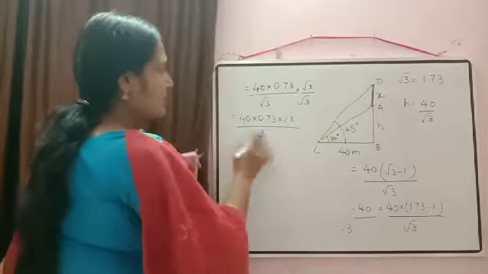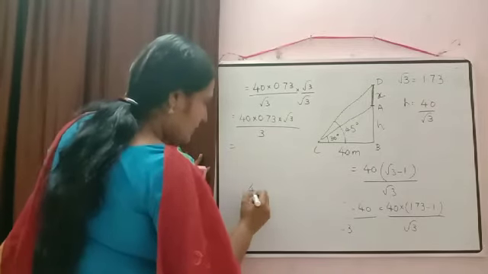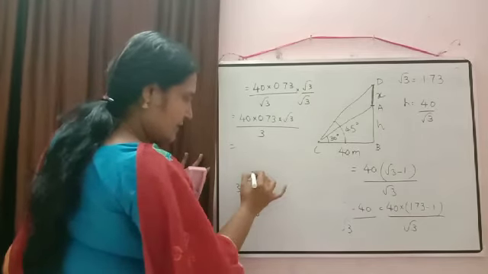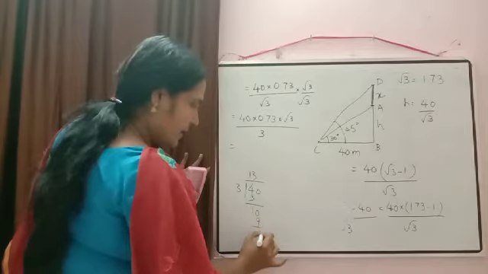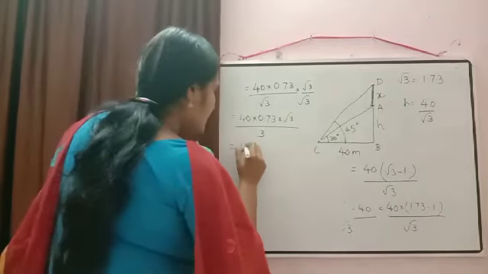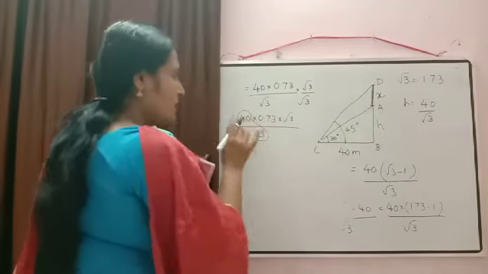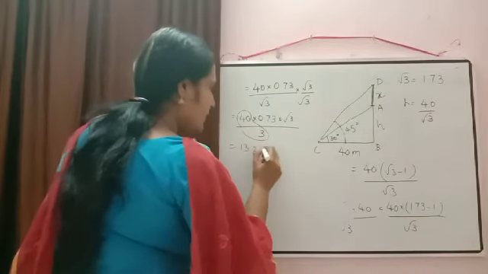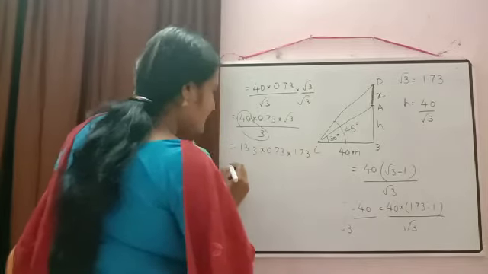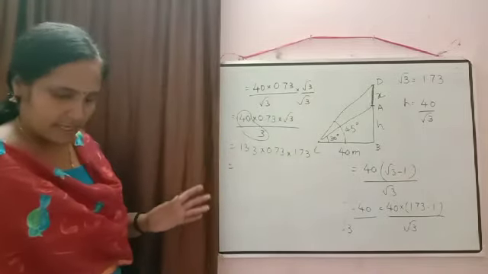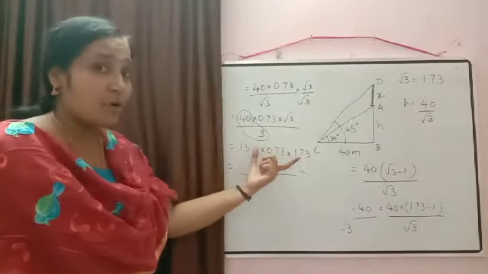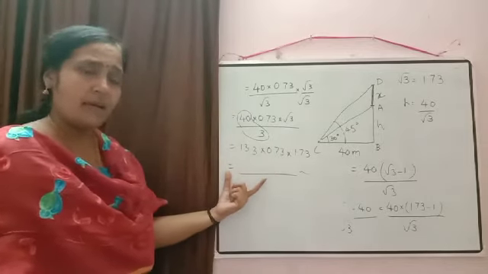So if you want, you can simplify here only, we can cancel it. 40 by 3, if you want you can do here only. 3 1s are 3, 4 minus 3, 1, then 3 3s are 9, again 10 minus 9, 1. So it will come 13.3. So we are getting here 13.3. 40 by 3 we did there. So again by 3 is not required there. Into 0.73 into root 3, that is 1.73. So all of you just check, do the multiplication and write down the answer there. This multiplication I am not going to do for you. You can do the calculation yourself.